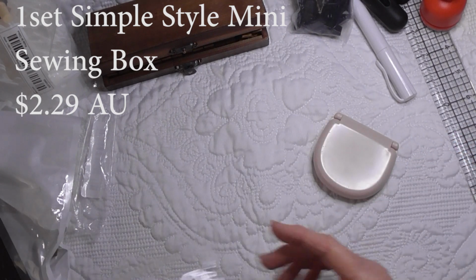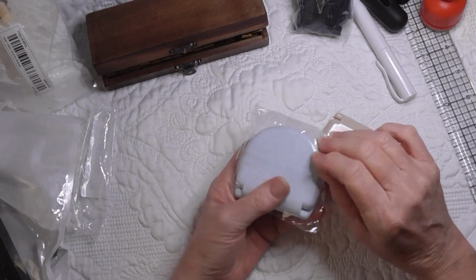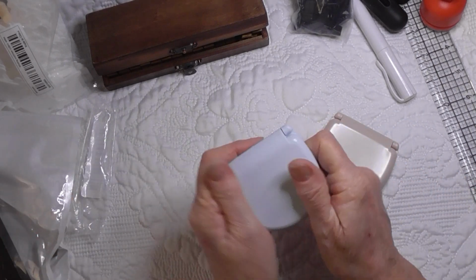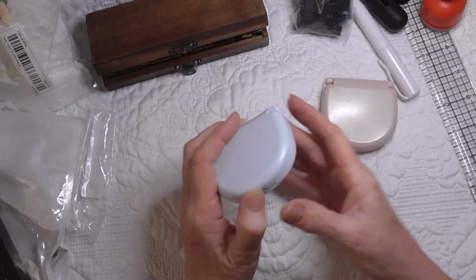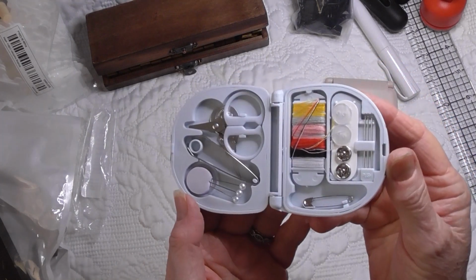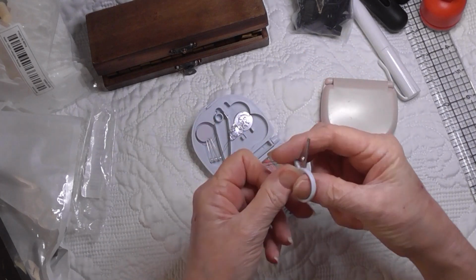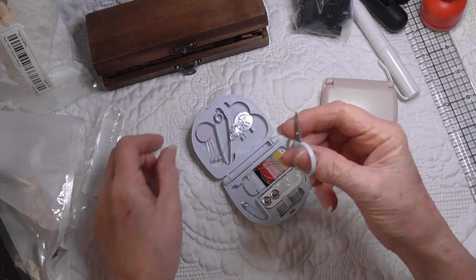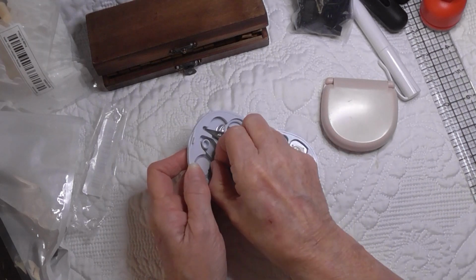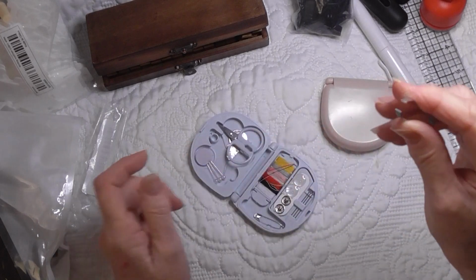this, and I got this in the pink and in the blue as well. And I got these for my daughters, actually. I'm going to give them to them, not for any special occasion, just give them to them. These are little sewing kits. Aren't they lovely? They have the tiniest little scissors here. Look, see it? A needle threader, a pair of, oh my goodness, look at those, a pair of tweezers,